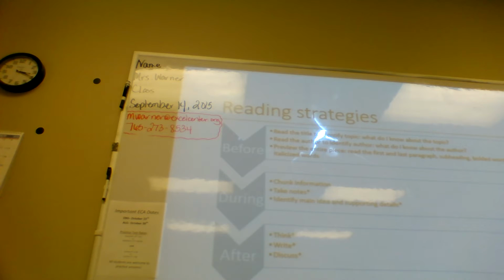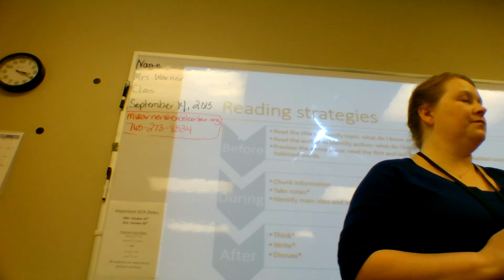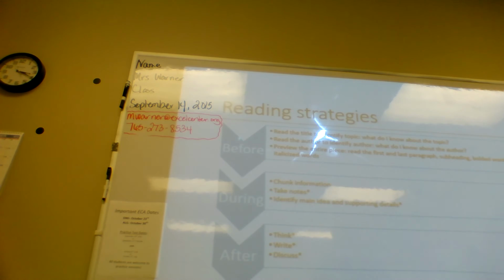So as we go through this previewing strategy, or this before stuff, why do we do that? What are we looking for? To see if we're interested. Okay, sometimes it's to see if we're interested. What else could we be looking for? We're looking at things like author. We're looking at words that we know or don't know. Italicized words. We're looking for things that we have a prior connection to.